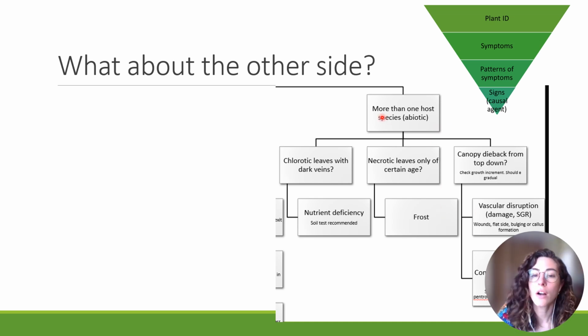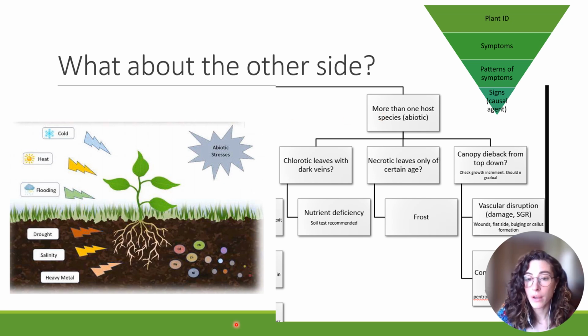Now, we are on to abiotics. Abiotic diagnosis, as I've said previously, should be, let's call it your end game diagnostics. Unfortunately, so many problems, I was about to say 80%, but I got that number from nowhere. So many problems out in the landscape are caused by environmental issues, and oftentimes they do coalesce on the same tree, meaning that insects and diseases are attacking trees that have only been affected by something abiotic. The reason why I say practice with your insects first and then move to your diseases and then we'll talk about